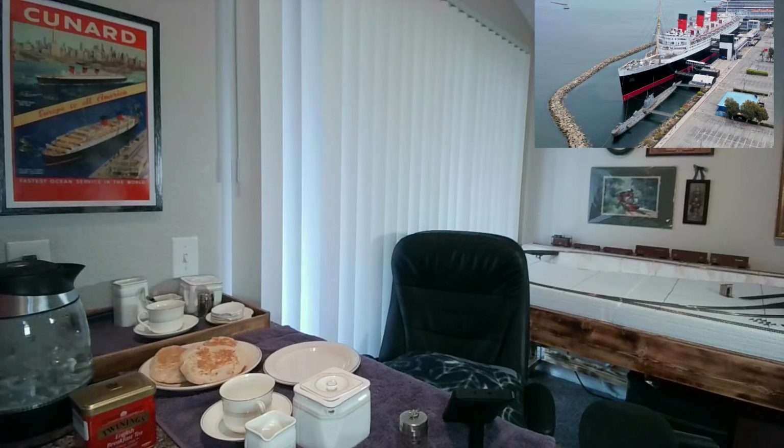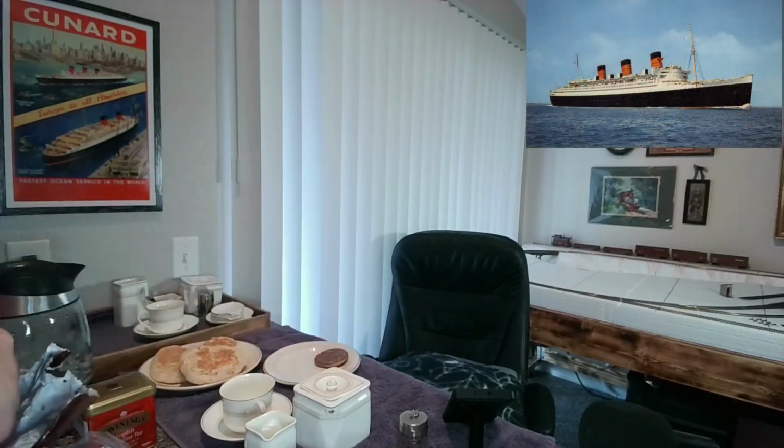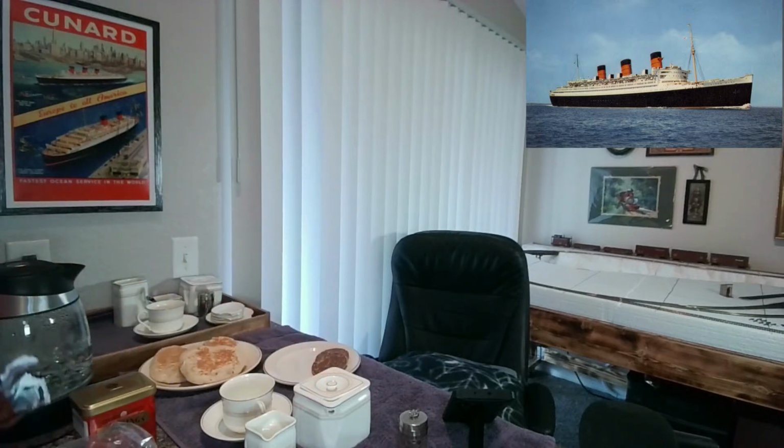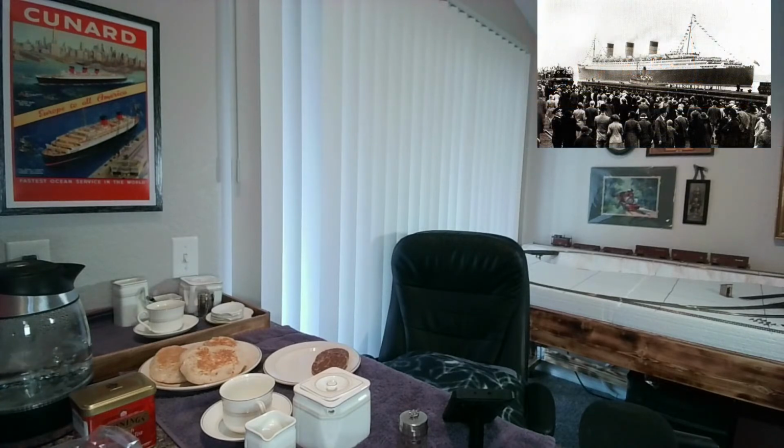I'm running a little bit late, so I'm just finishing up the last little details. Gotta put some of these McVitie's on the plate here. Alright. All my McVitie's are completely crushed. But anyway,